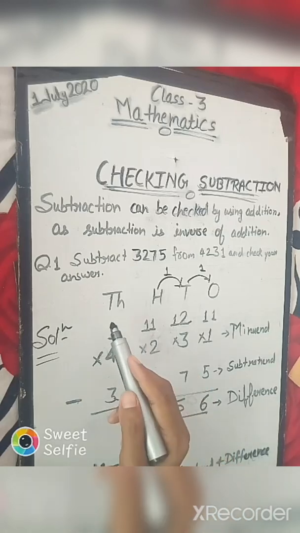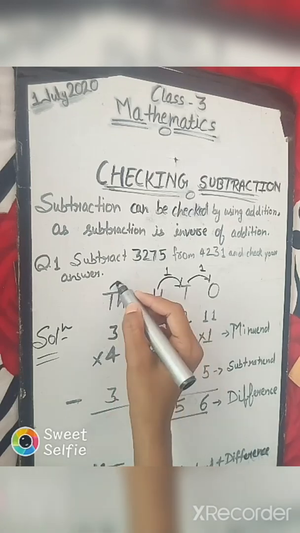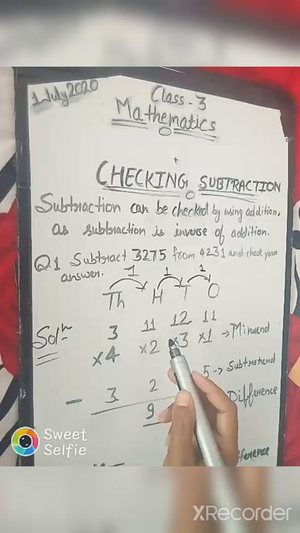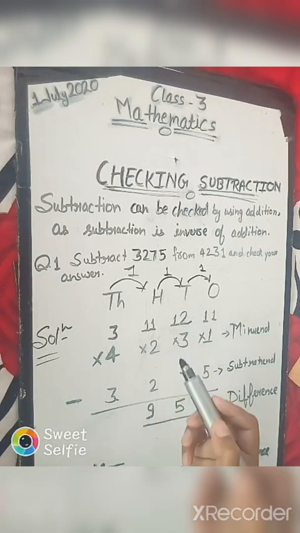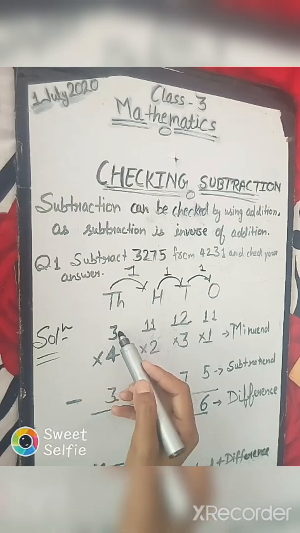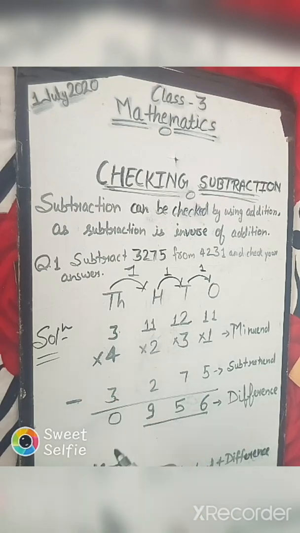Again we will borrow from 1000. So when we will borrow from 1000, it will be 11. Now we can subtract 11 minus 2, 9, and here 3 minus 3 is equal to 0. Okay,